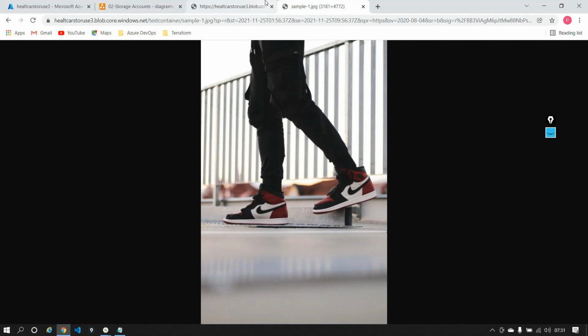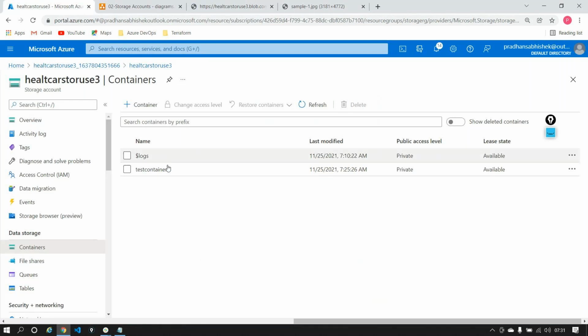Reason being, I have put an IP restriction on top of it. So this is how you securely share or transfer the data from within, let's say, an Azure storage container. Okay, this is one of the options to share one individual data.